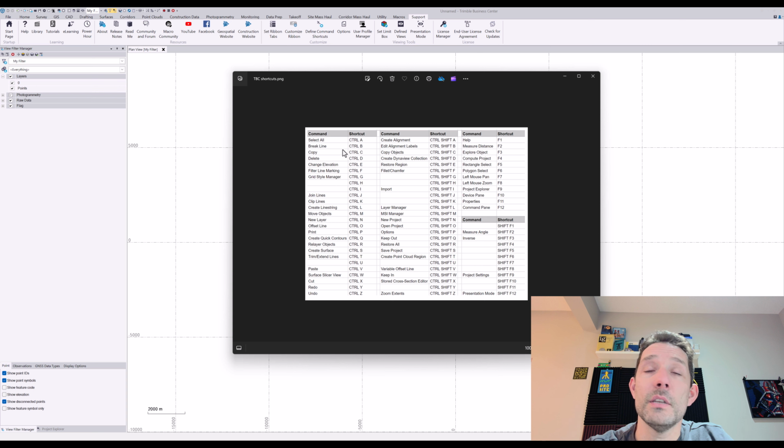Select all. Some of them are like the Windows shortcuts, but some of them are like join lines, Control J, clip lines, Control K, right? Control D is delete. These small but useful shortcuts will save you a whole bunch of time here and there, right? So measure angle, Shift F2, inverse Shift F3, project settings, Shift F9, presentation mode, Shift F12,